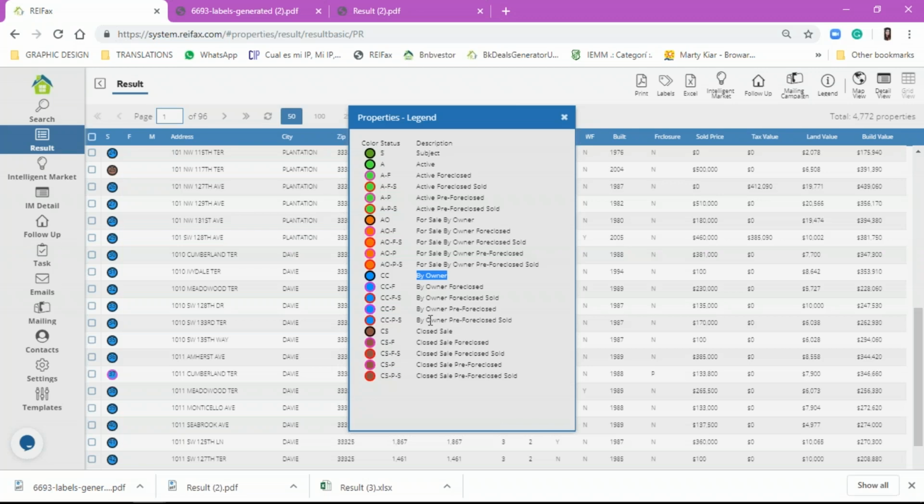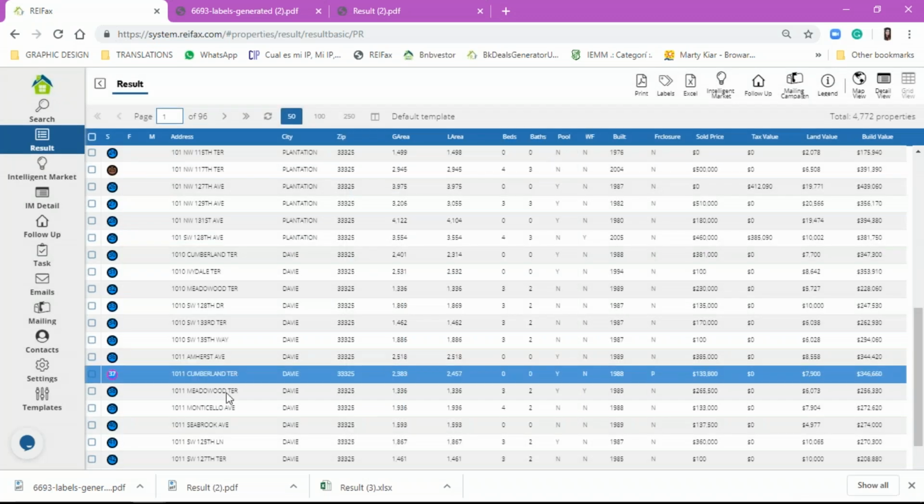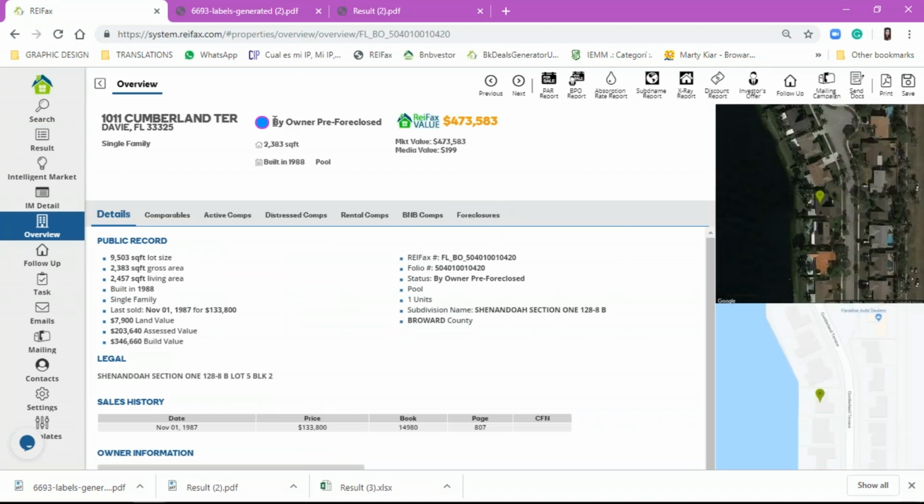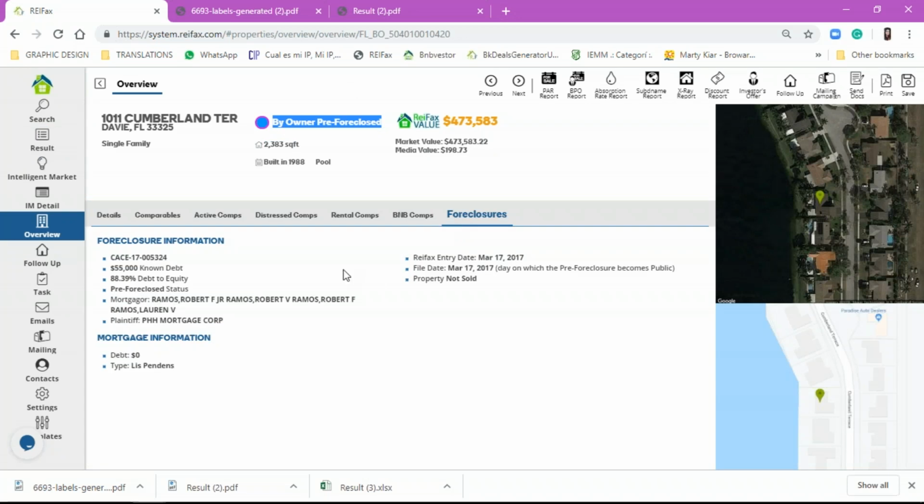So, in this case, this one in purple, let's go over here. Remember, purple is foreclosed or pre-foreclosed, and then we scroll a little bit to the right and you see the little P. So it's in a pre-foreclosure by owner. Okay? If we click on it, apart from the actual status, it's going to give you as well the foreclosure tab, and you're going to see property not sold. Okay,